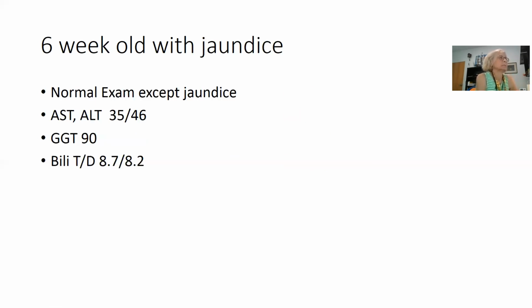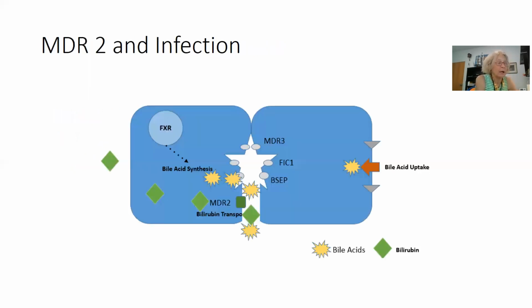All right, next, we have another 6-week-old. This baby comes for jaundice, transaminases are normal, GGT is normal, and the total and direct bilirubin are elevated. So what does this tell us? So back to the drawing. This baby actually has a UTI, and